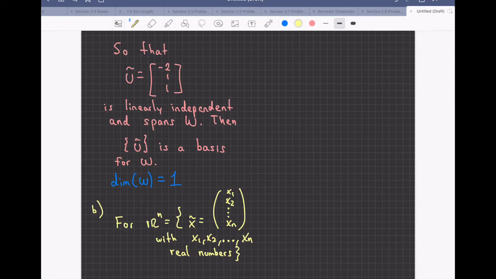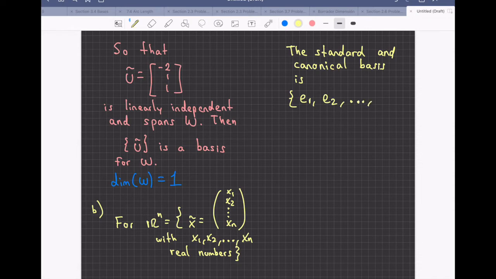For these vector spaces Rn, R1, R2, R3, R4, all of them are vector spaces, but we have a standard and canonical basis. The standard and canonical basis is given by e1, e2, and so on, up to en,